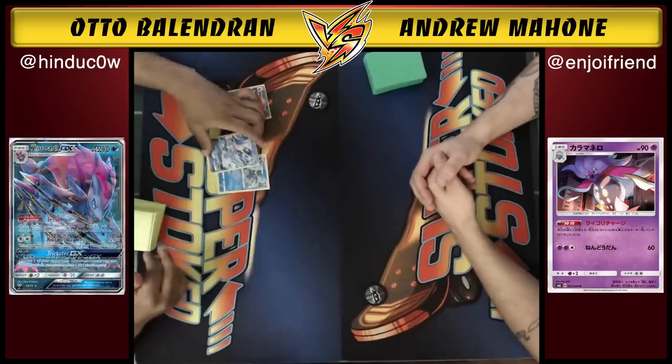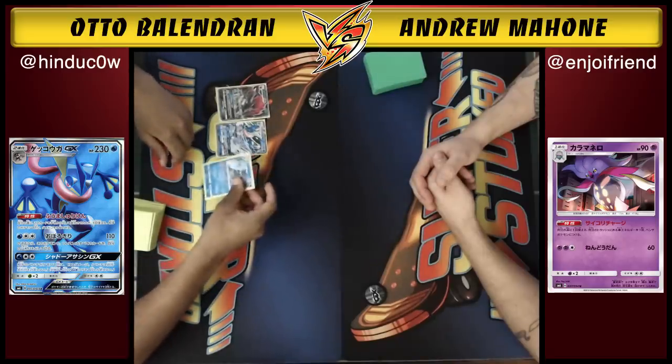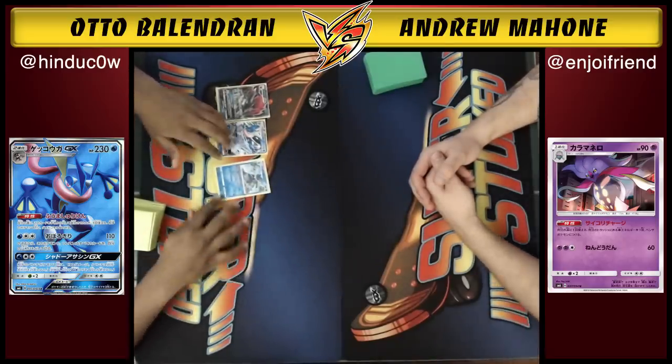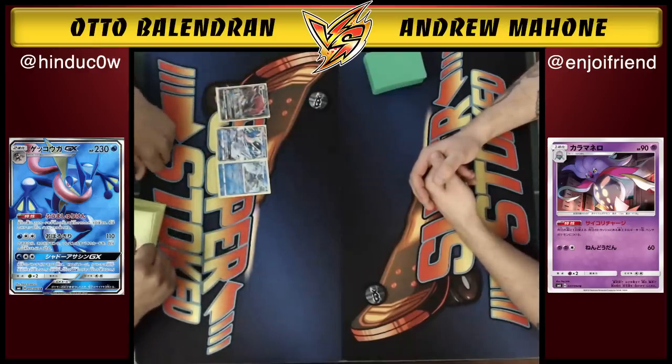and then Greninja GX, which places 3 damage counters on one of your opponent's Pokemon when you evolve it. And it evolves from Frogadier, which places 2 damage counters on one of your opponent's Pokemon when you evolve it. And we're going to use these 2 cards in tandem to boost Riotous Beating's attack damage and hopefully take some